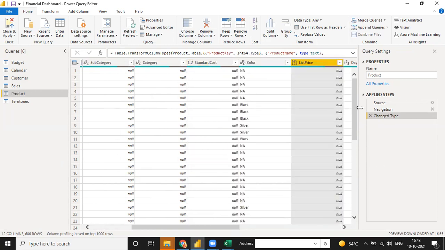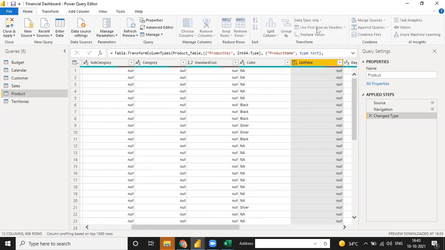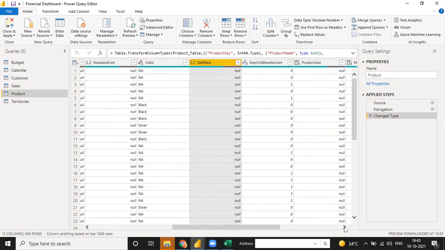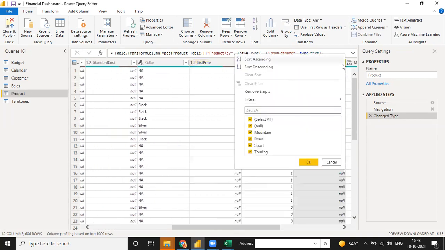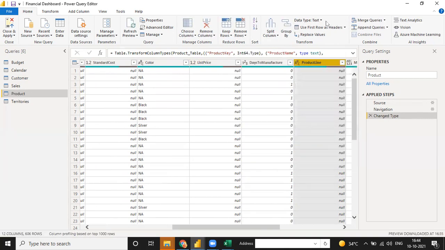So I just click on this and you can change to decimal number. You have to identify whether all the data set is correct or not. See, product line, check whether it's text or numerical. See, all the values are text. So you can just click here as text, or you can go here to data type text.